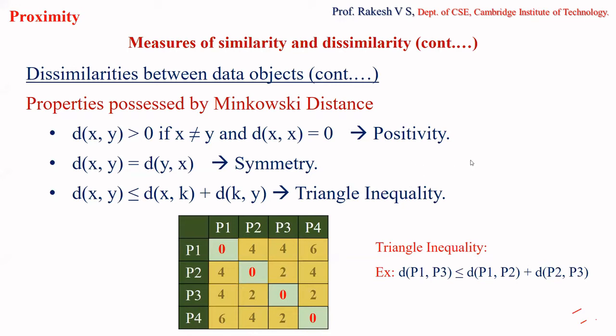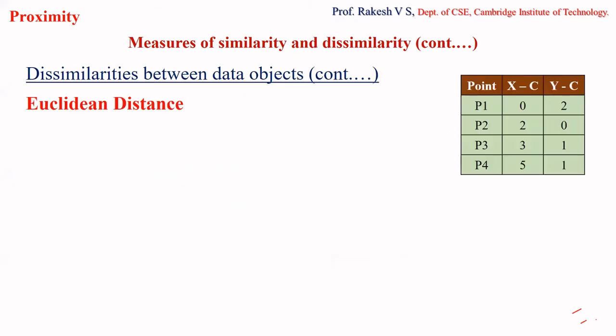So having learned this, now we go for the next distance, that is L2, which is Euclidean distance, right? So consider the data set as it is. For the Euclidean distance, the formula is: in place of r, you will put 2, which is nothing but (xk minus yk) square, whole power 1 by 2. So what is this whole power 1 by 2? It is nothing but square root.